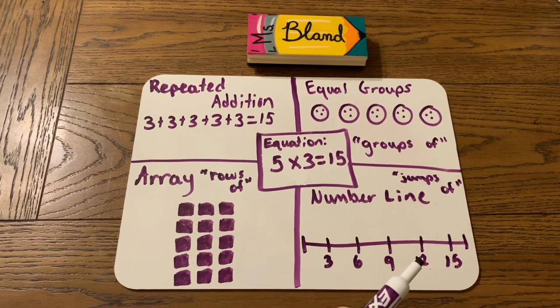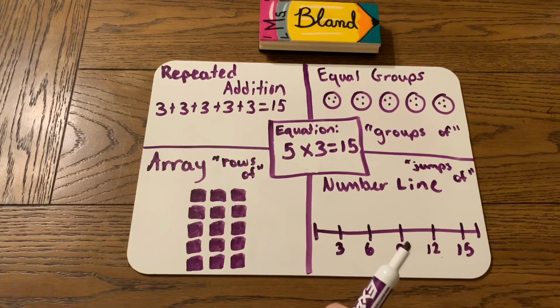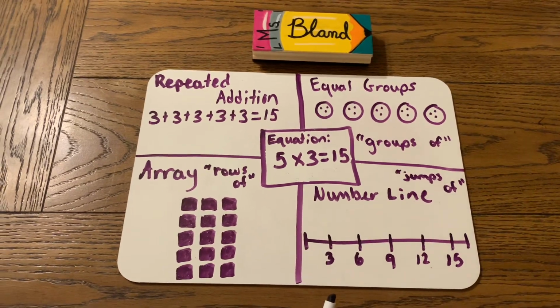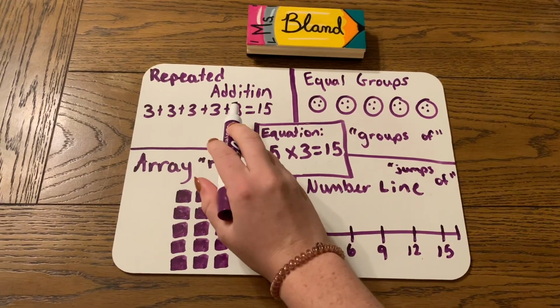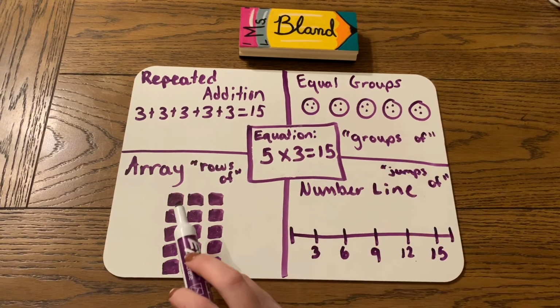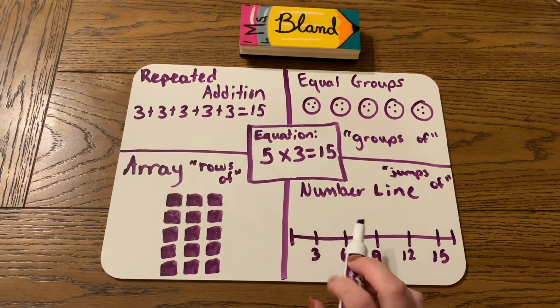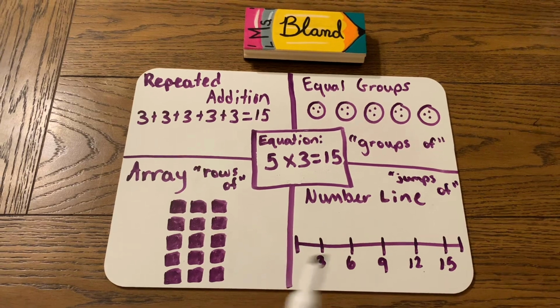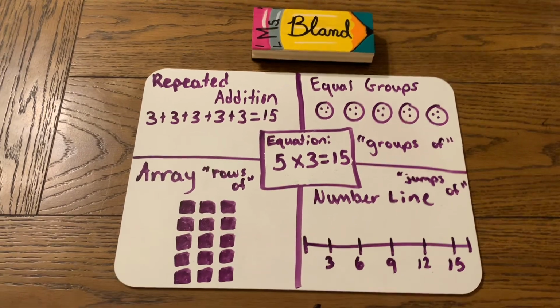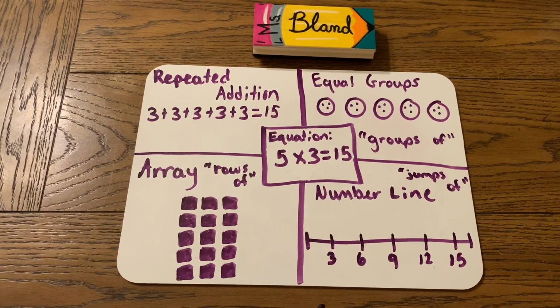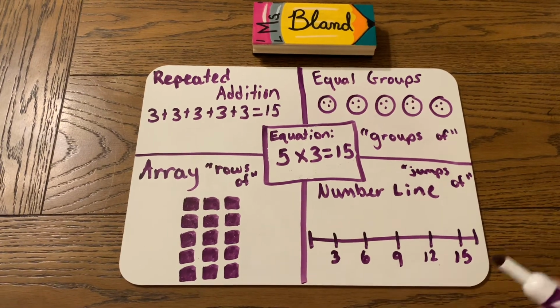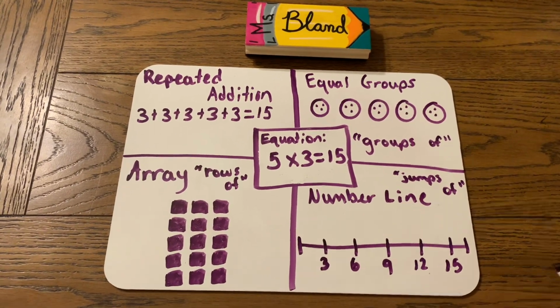Now we have 4 strategies that we use in 3rd grade to help us break down and solve our multiplication problems. We have repeated addition, equal groups, arrays, and number lines. I'll start with the repeated addition. That's what we tell students, that's what multiplication is. It's repeated addition, and we've really been mastering and working on our addition, so then we're taking that further now